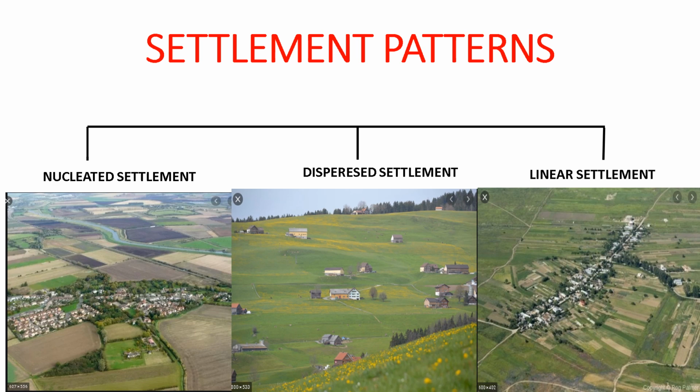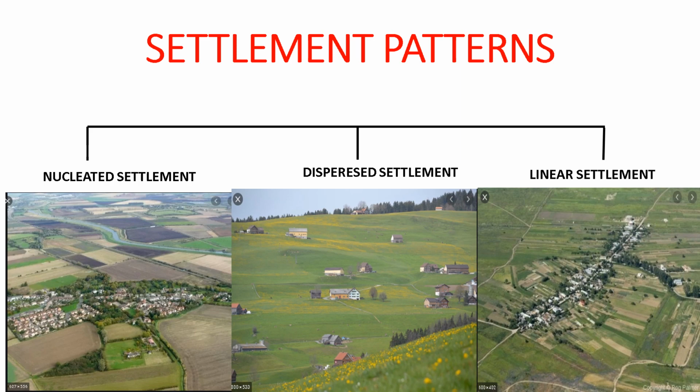So over a period of time, a need for a railway station is felt. Then it becomes a railway stop. When located on the main roads, such settlements become important stops for travelers, as dhabas, tire or car repairing shops and petrol pumps are set up. On rivers and the coast, they become places where boats can be unloaded, and goods and passengers can be unloaded and loaded. So these are the three settlement patterns, and on the way the population has settled in a manner, they categorize it into nucleated, dispersed,